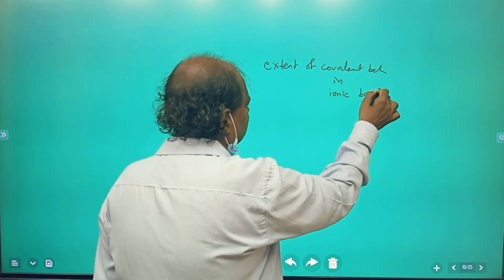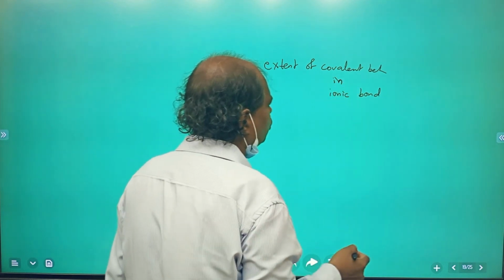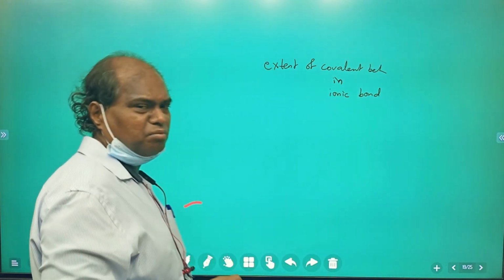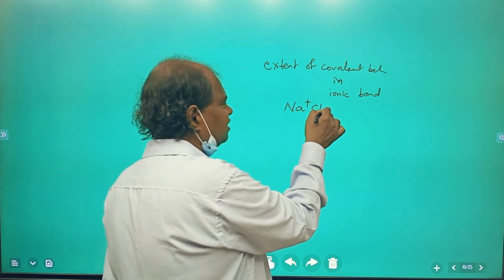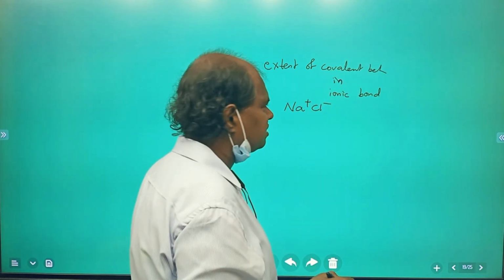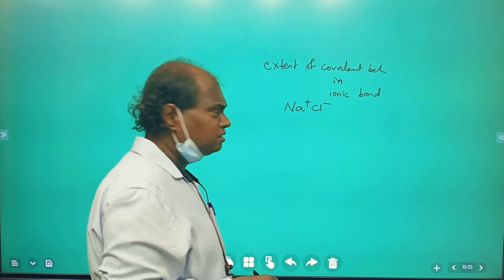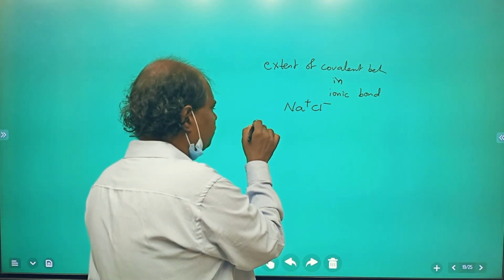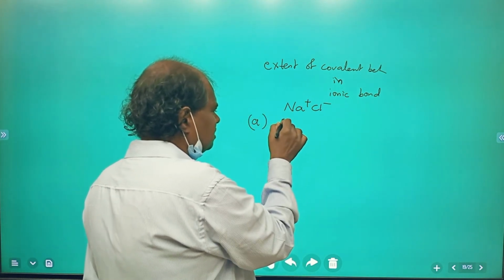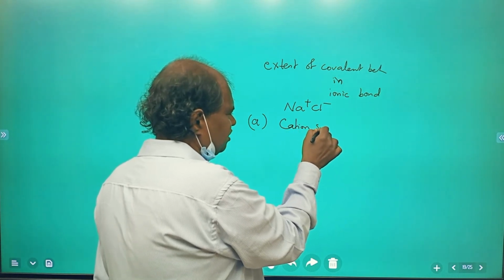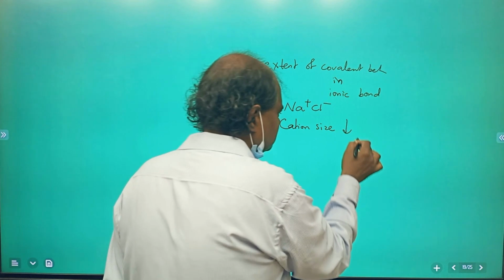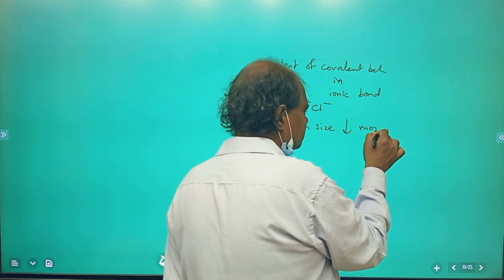How much covalent? For example, NaCl is ionic, so how much covalency will you get here? It is influenced by four factors. What are the four factors? A, the smaller the cation size,